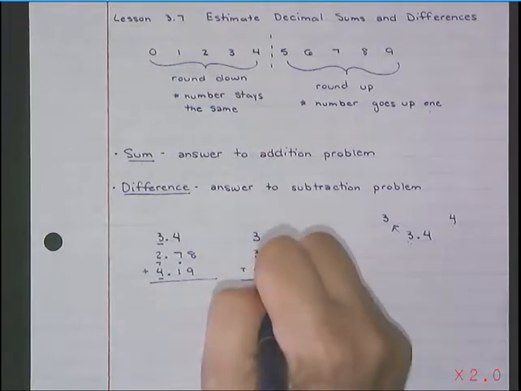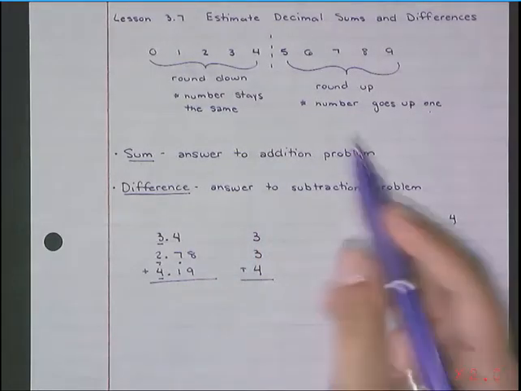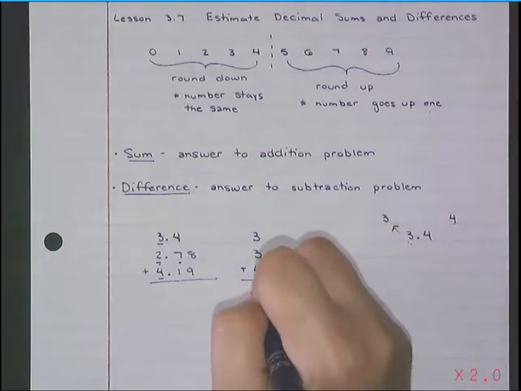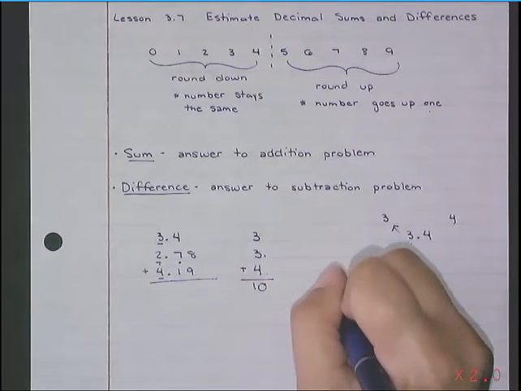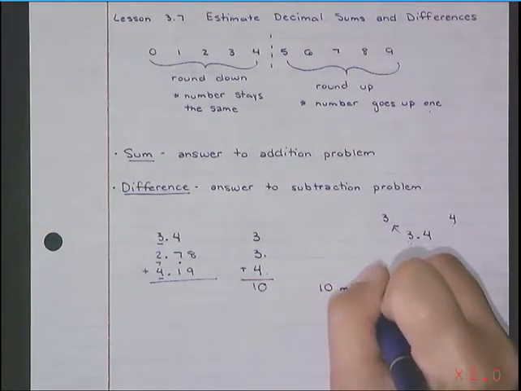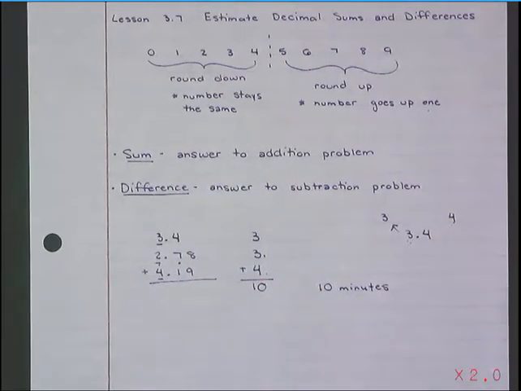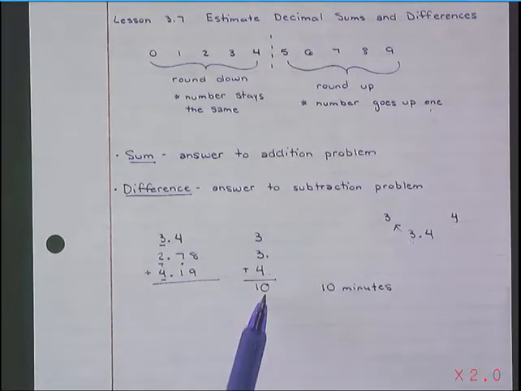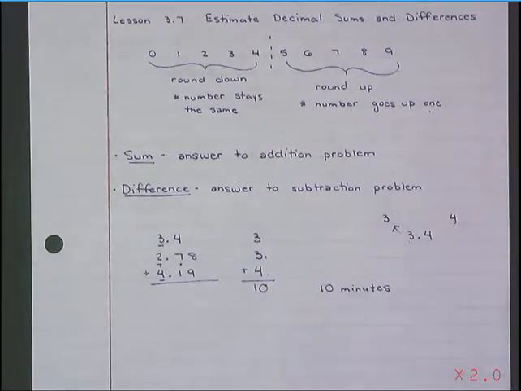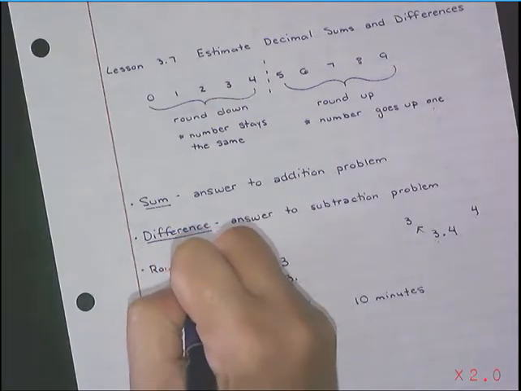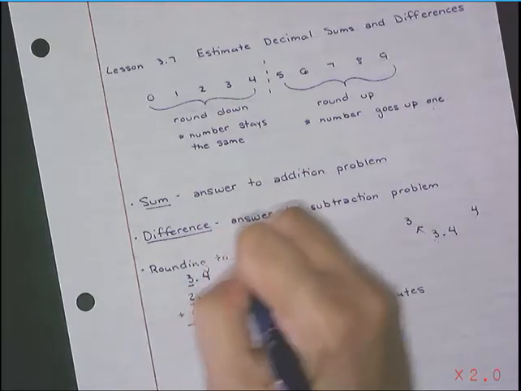Okay, and then I'm going to just add these together to get my estimated value. 3 plus 3 is 6. 6 plus 4 is 10. So there are about 10 minutes on that CD. Okay? Now, that's one way you can do this, by rounding to get your estimated answer. Okay, so if you are recording this as notes, which I highly suggest,